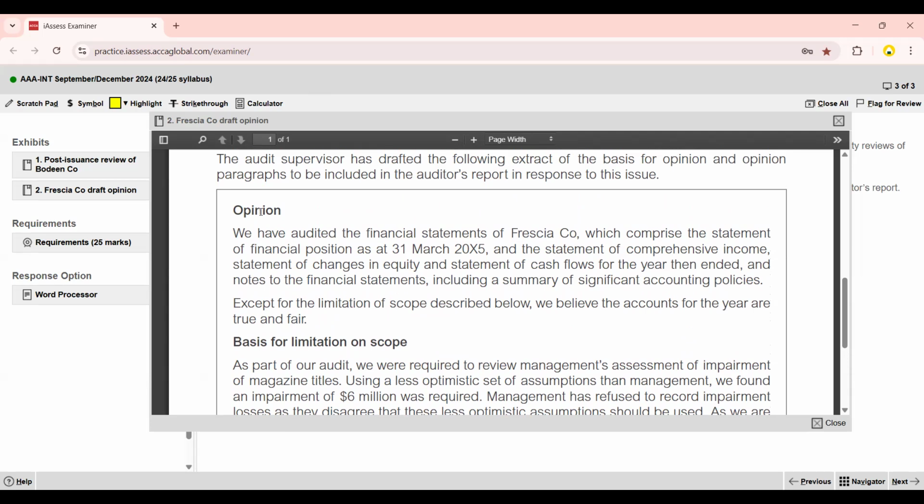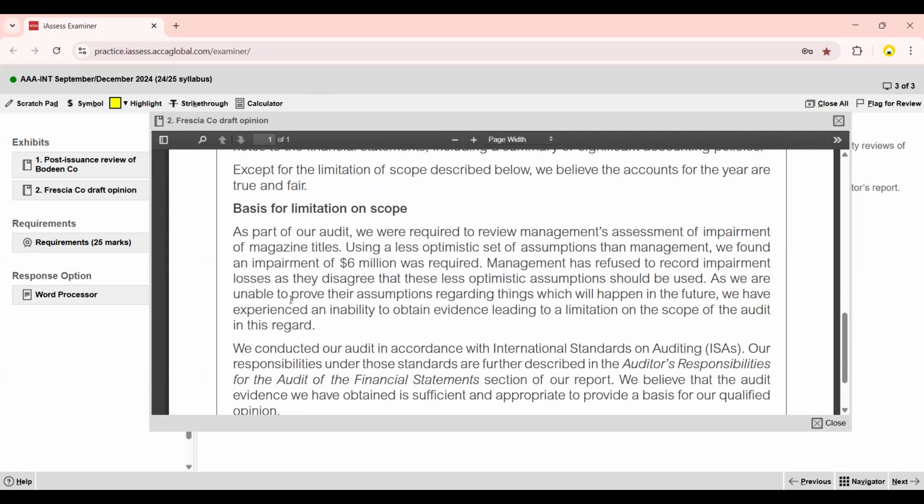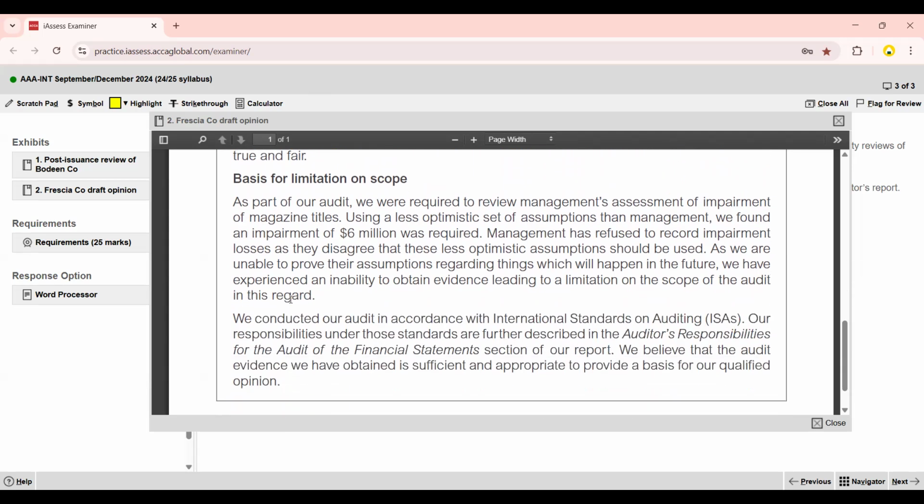So you have to comment on it as well. After that, you have to comment on the paragraph wording. Now, basis for limitation on scope. As part of our audit, we were